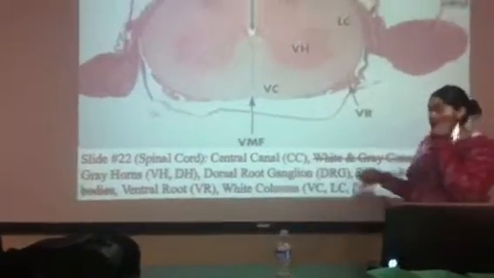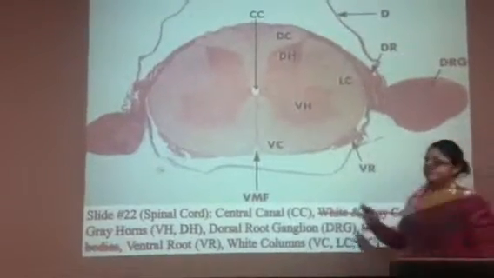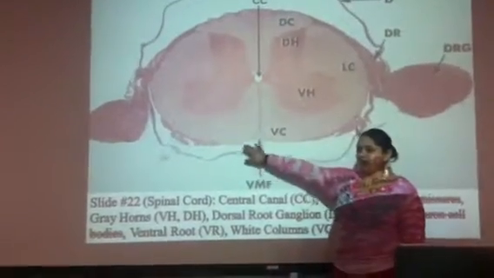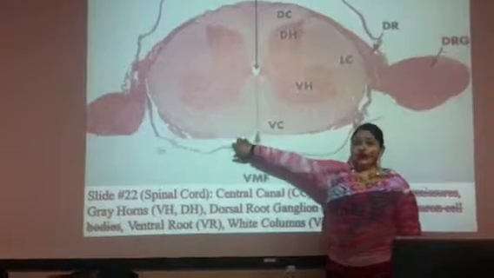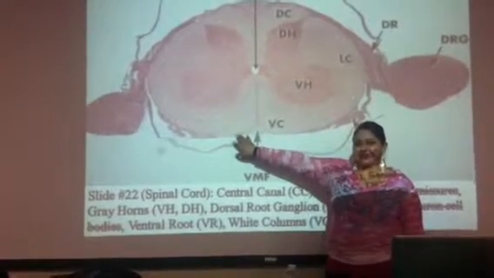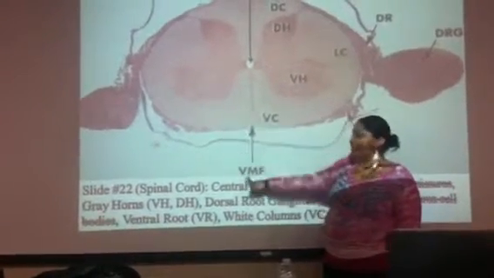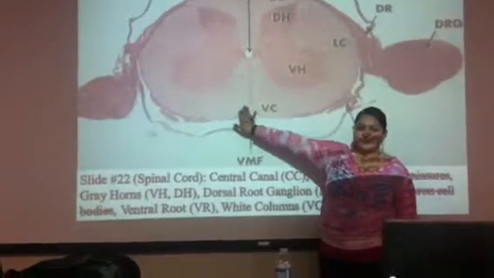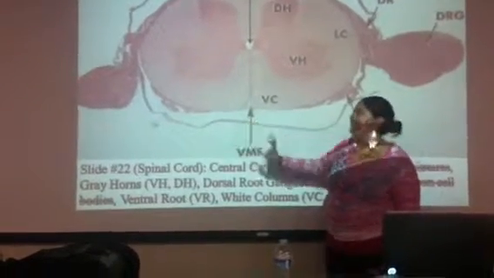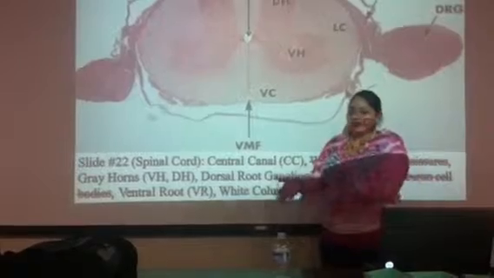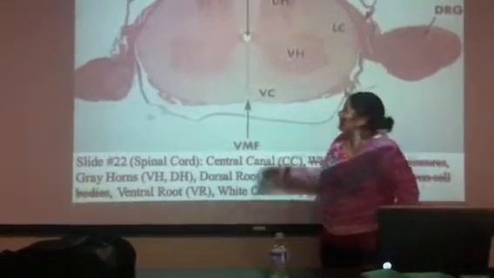So now, spinal cord, slide 22. Guys, anytime you see the butt crack, that goes in the front. Okay? That's the ventral median fissure or anterior median fissure. Remember that. Just think you're standing in line. The first thing you see in front of you is another person's butt. Okay? So